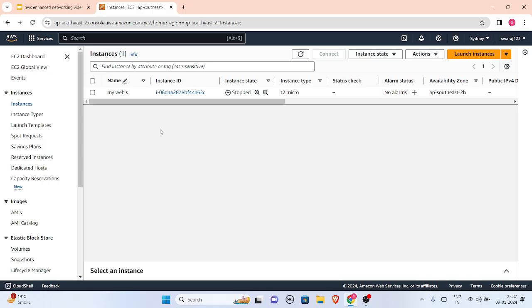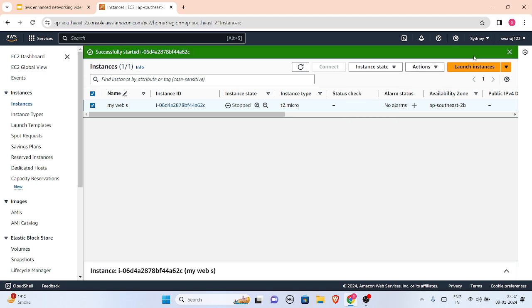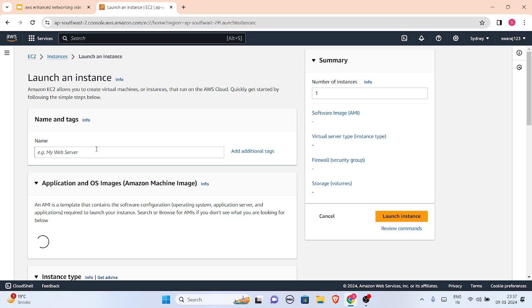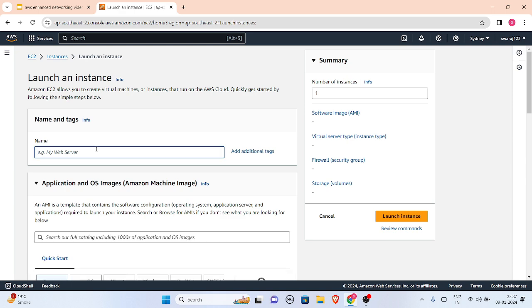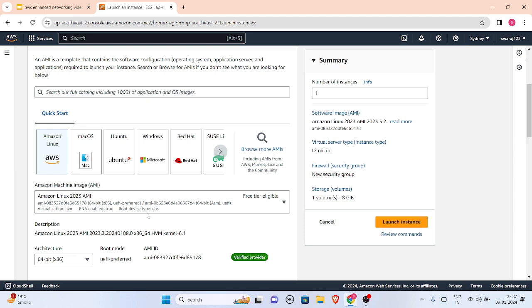So this is my instance. This is T2.micro. I have already made it, so I'll just start it for now. Until then, I'll make another instance of T3.micro. Okay, newer version instance type. So let us name this like slash slash only. Let us not name it anything.